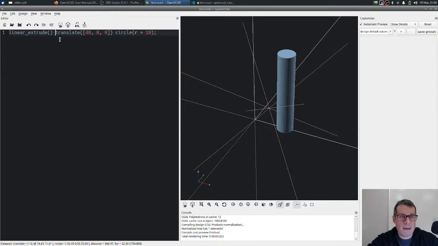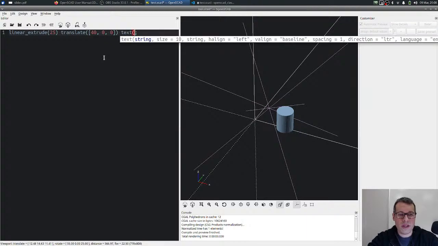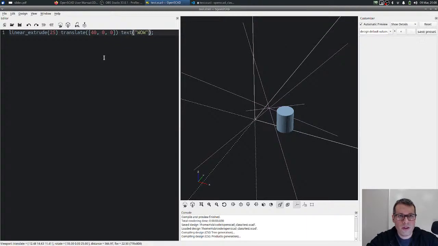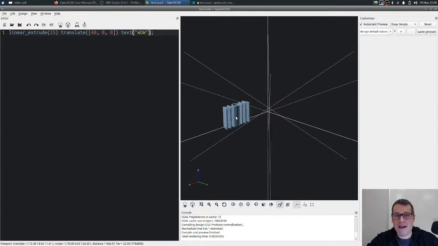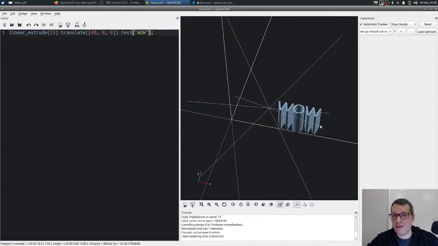And yeah, I believe you can change the height of it. Yep. So if it does have a default value, which is probably not useful ever, unless you're teaching a class. But you can set the height that you want to extrude here. We could try something like, anybody remember off the top of their head? It's text. Yeah. So we can linear extrude wow, and now we have some like Microsoft Word 1997 word art